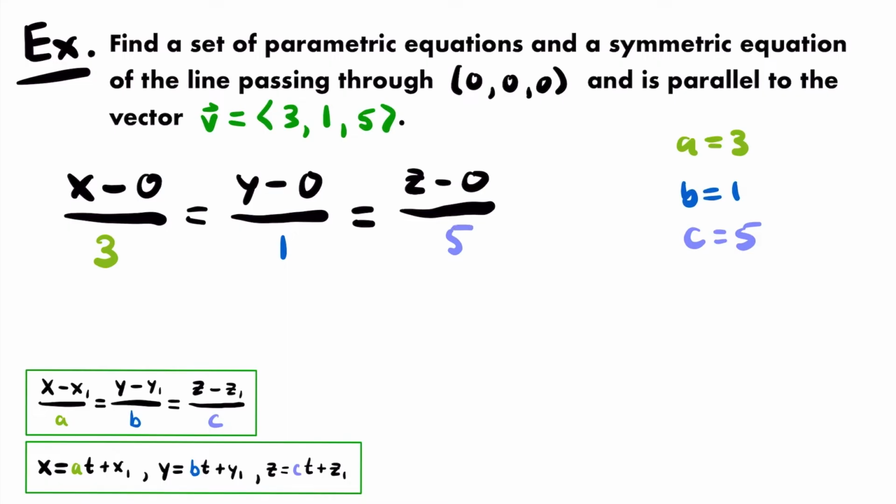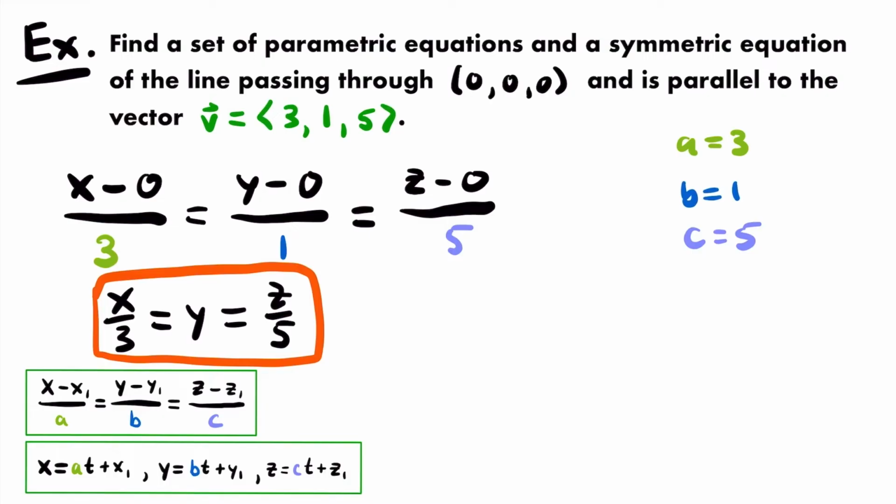So we divide by 5, and now if we simplify, x minus 0 is x, divided by 3. So we have x divided by 3 is equal to y minus 0, which is y, divided by 1, which is also y. So we'll just have y, and then that will be equal to z minus 0 divided by 5. And z minus 0 is z, so we'll have z divided by 5. Okay, so I'll write z divided by 5, and that right there is the symmetric equation for the line passing through this point and that is parallel to this vector. All right, and so that's one way that we could represent that line,